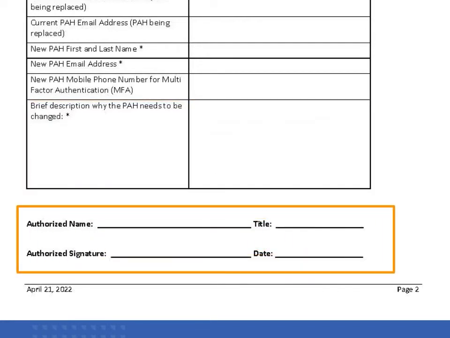Below the table at the bottom of the form, there is a place for the individual provider, owner, CEO, or other officer of the company to add their name, title, signature, and the date the form was completed. The authorized name is related to the individual identified as an authorized individual in the provider's enrollment file. If the disclosed individual on file is not current, if you are unsure of the disclosed individual on file, or